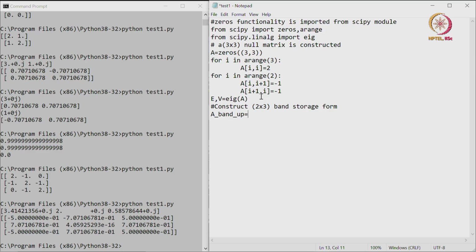In order to store the band storage form, first we have to prepare the null matrix. So, we will prepare zeros 2 by 3, and we have named the null matrix A band up. Up, because we are going to use the upper diagonal elements, and then we will automate the procedure for I in a range